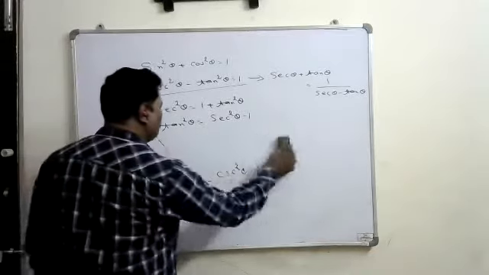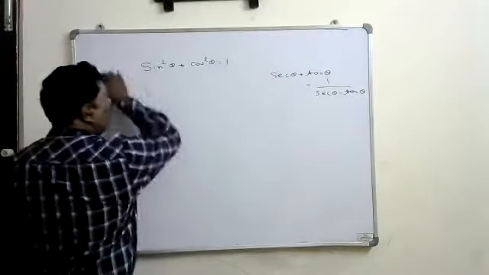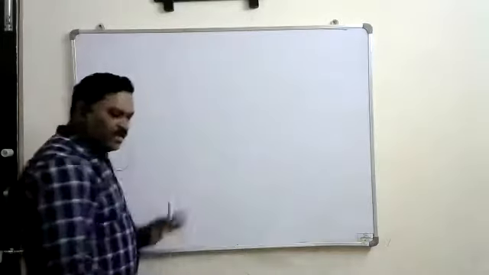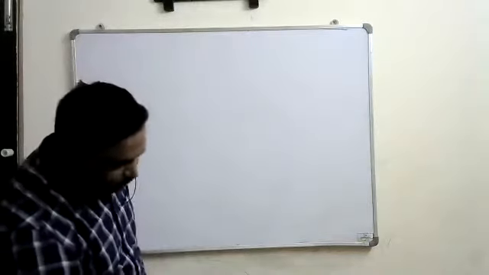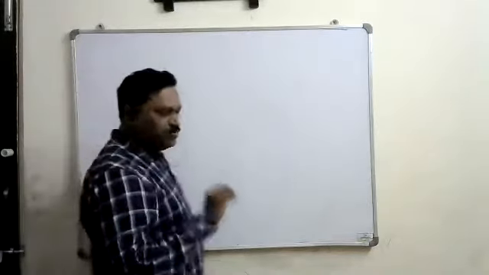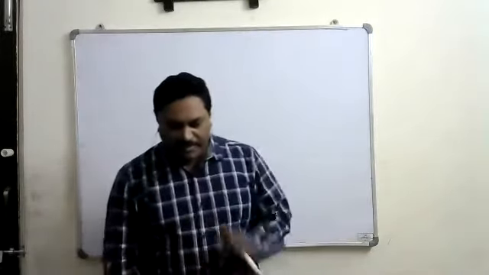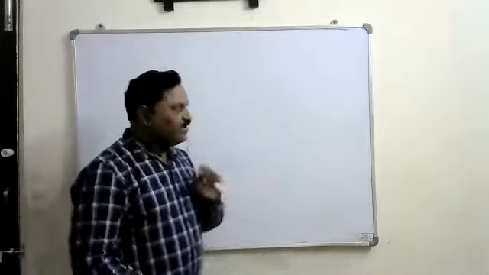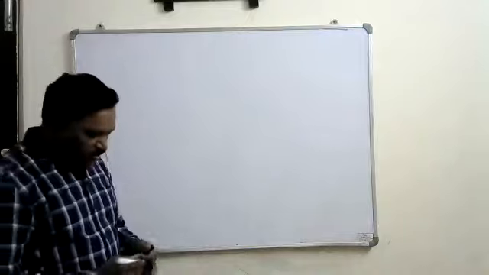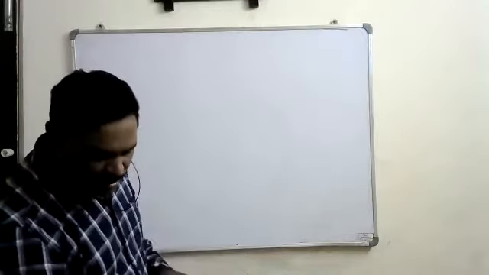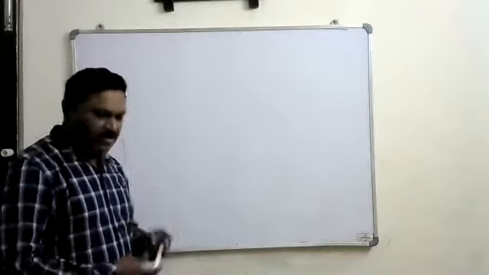These are the identities that we have seen. Apart from that, we have also seen tan theta into cot theta is 1, secant theta into cos theta is 1, cosecant theta into sin theta is also 1. Those identities we have also seen. And lastly, we have seen the notation of the angle.